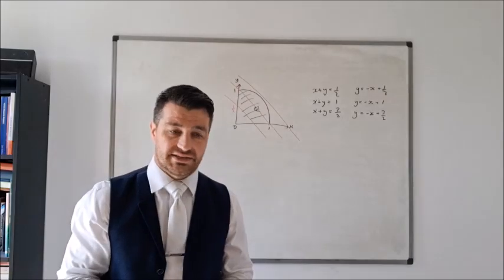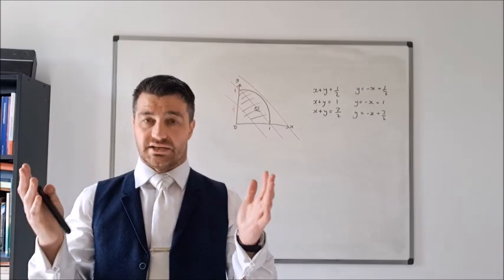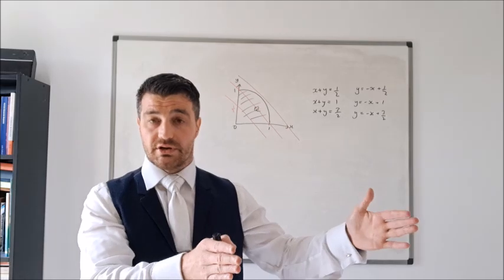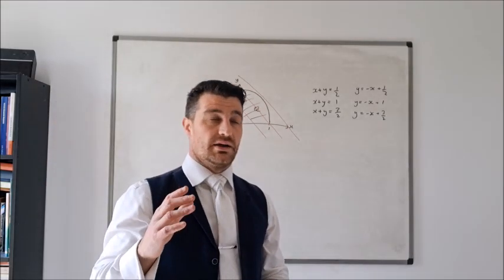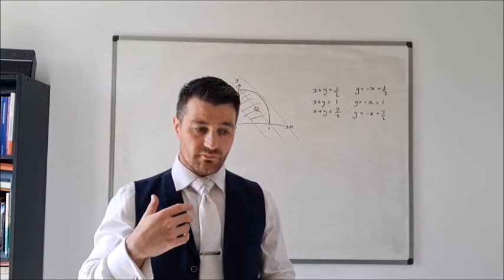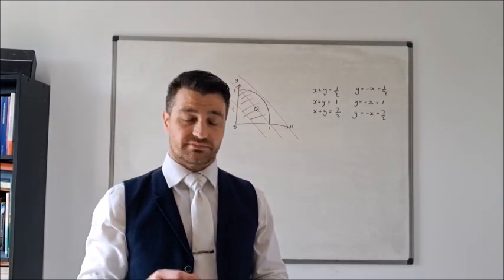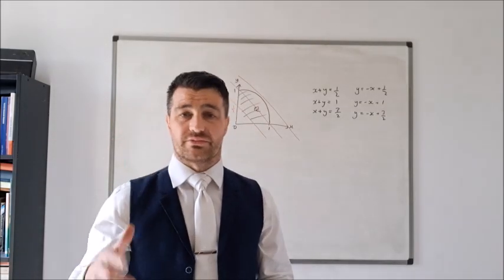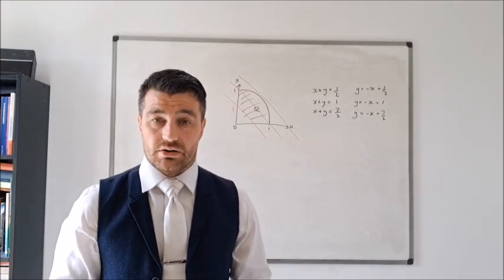So you can't just state what you think it is, even if it happens to be right. Understand that in mathematics, you cannot separate the answer, and I put that in inverted commas, from its justification or its solution, or whatever you want to call it. Very often in lessons, somebody might do some homework problems, and for a particular problem, they might just write an answer, and the answer might be correct in the sense that it agrees with whatever answer is given in the back of the book or on the mark scheme. And I will say that for all intents and purposes, that's wrong.